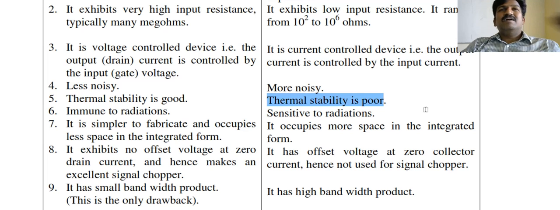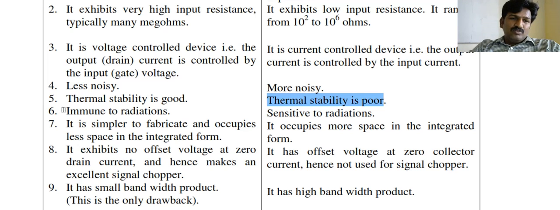Okay, you should understand that when the transistor is working in the active region, it has the quiescent point at the center of the DC load line. If the thermal stability of that circuit is not there, then the quiescent point is going to move upward and downward. When the quiescent point moves, there are going to be some distortions at the output of your circuit. The thermal stability should be very high, so comparatively the FET has higher thermal stability than the BJT.